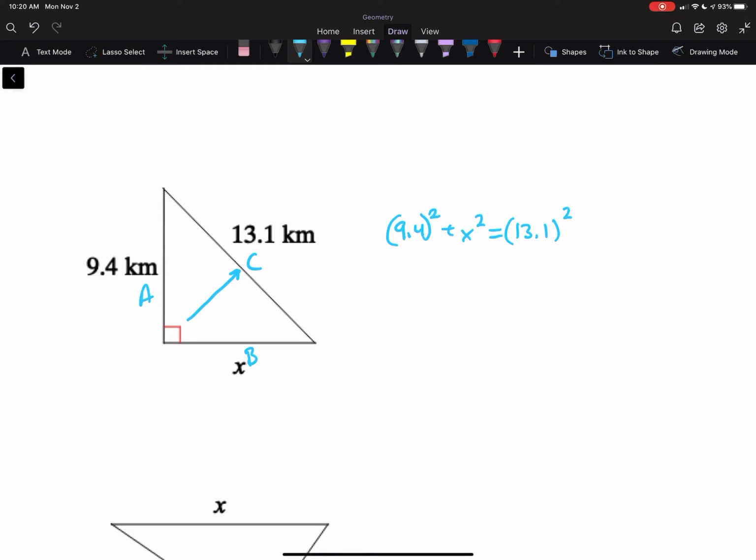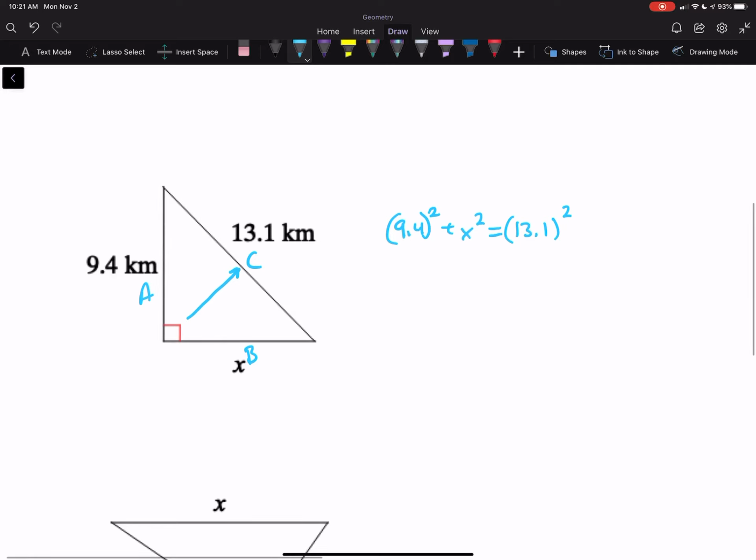If you are a math wizard, maybe you can do these in your head. Otherwise, pull out your calculator. 9.4 times 9.4, or if you have a squared button, you can use that. This is going to be 88.36 plus x squared is equal to 13.1 times itself,